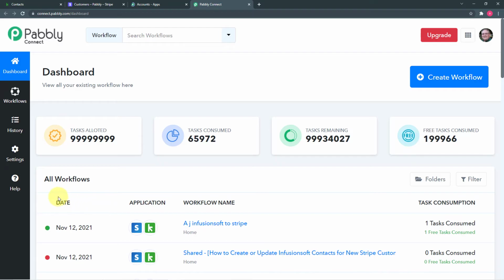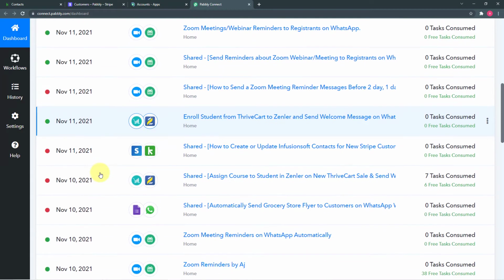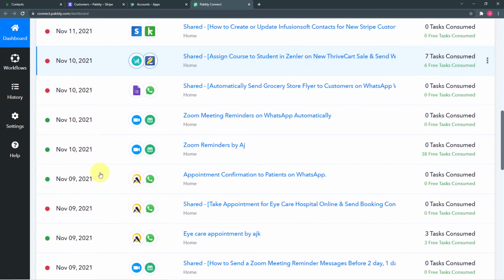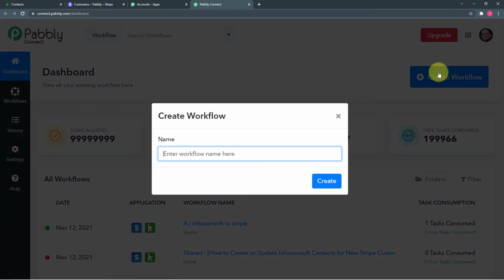So this is the dashboard of Pabbly Connect, and to start working here you have to create workflows like this. So to create a workflow you have to click here on the create workflow button, and here you have to give a name to your workflow. So you can give any relevant name. Let me fill it here. So I have filled the name as create contact in Keap from Stripe customers data. Okay, now click on create here